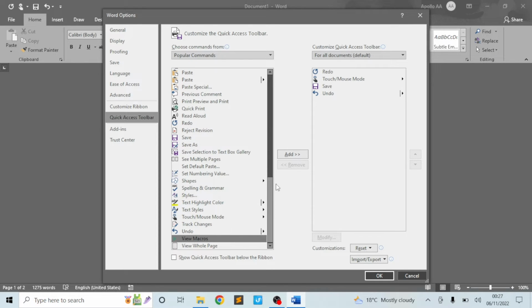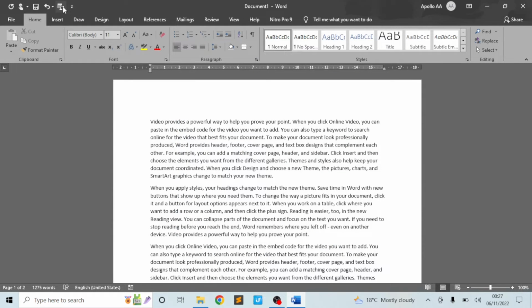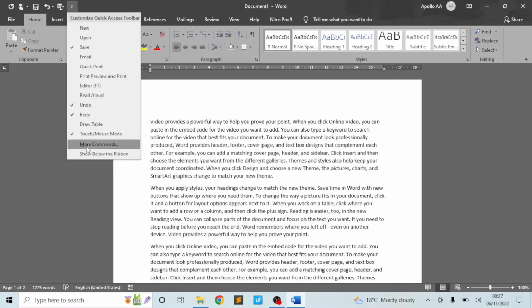So let me choose macros. You click here and then you can close here. Then you click OK down here. And so I can click, it has been added there. If I don't want it, I can just come to more commands and then I can remove it. So that is